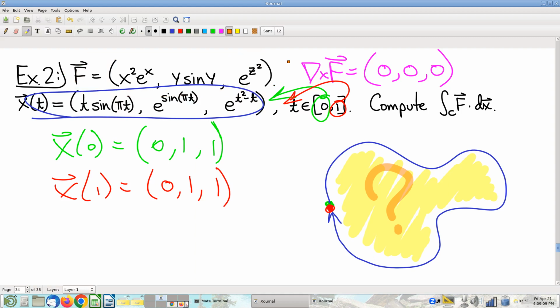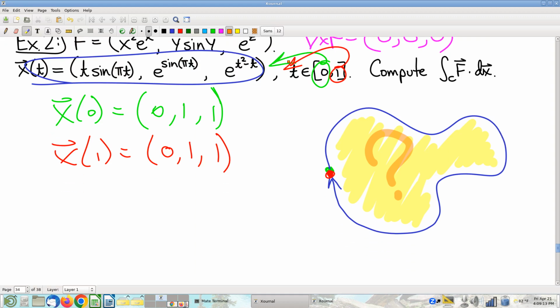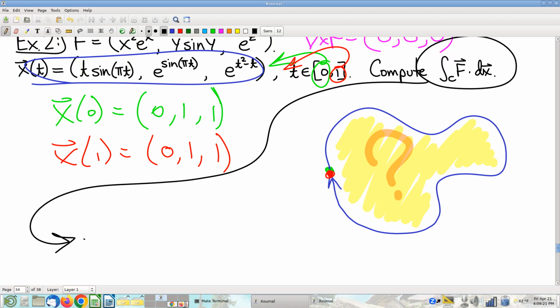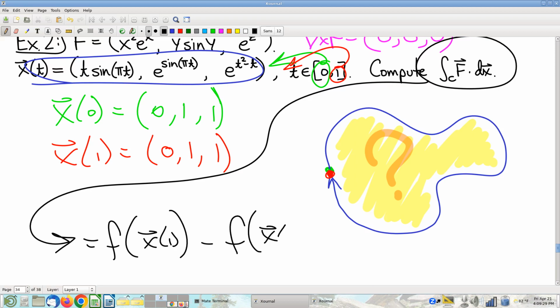Now here's the good news. It actually works out really nicely, keeping in mind that we're interested in this line integral right here. If I were to use the fundamental theorem, it's f of x of 1 minus f of x of 0, to be fair, I don't yet know what that function is,